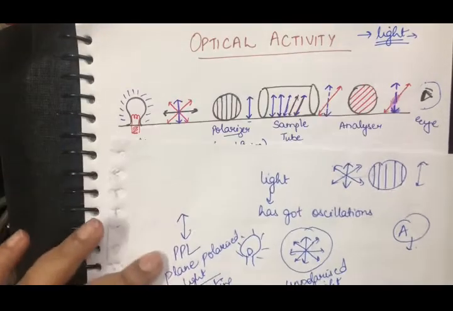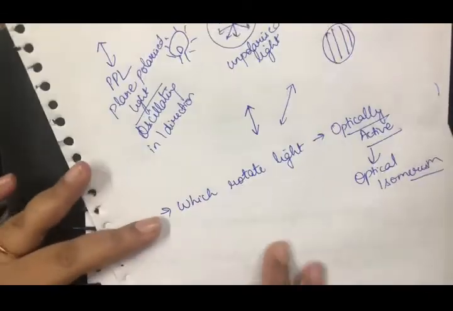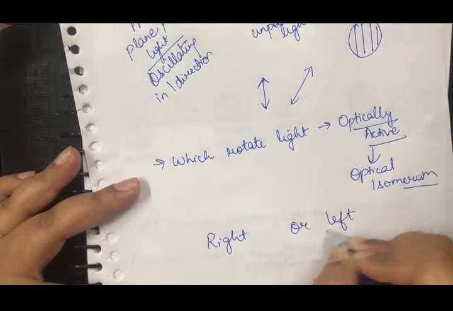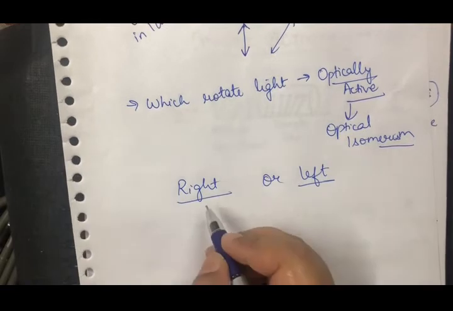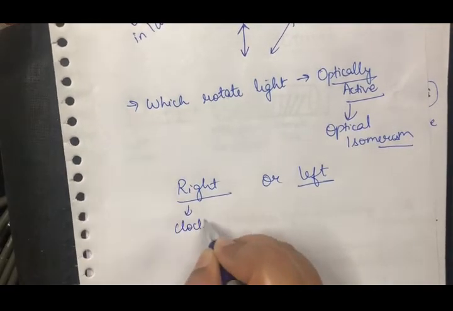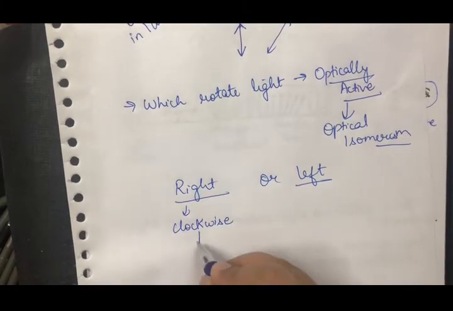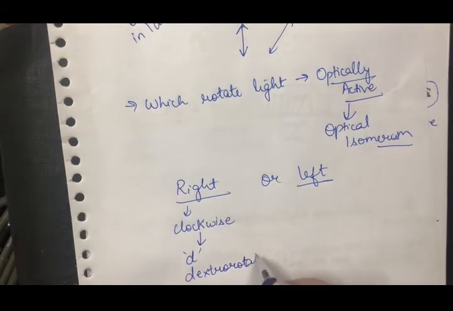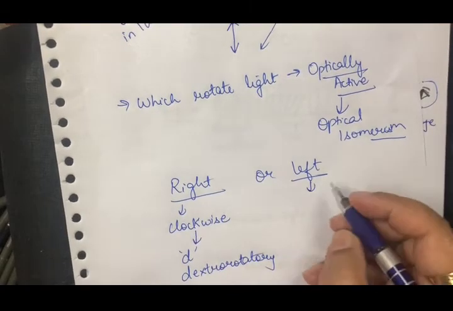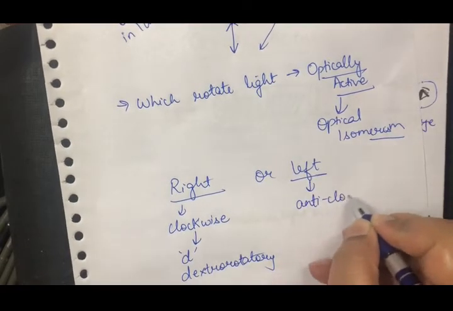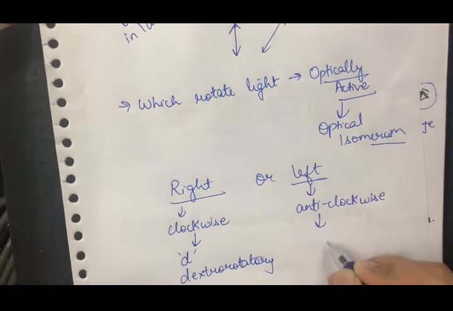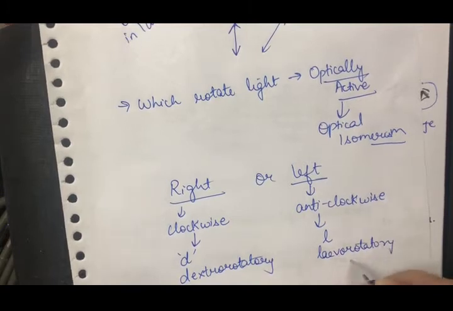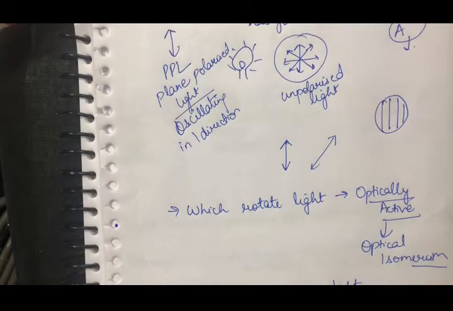Now I have taken the example where it has shifted the light towards the right hand side, but there would have been a possibility that the light was shifted right or left. I'll take both the cases one by one. If it is shifted to right, or I say it has twisted the light clockwise, then we represent it with a small d and we call it as dextrorotatory light. And if it is towards left, we call it as anti-clockwise and represent it with a small l and we call it as levorotatory. You must have heard these terms before, but you never knew the meaning, right?